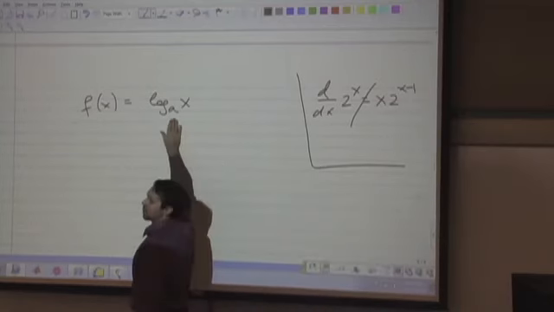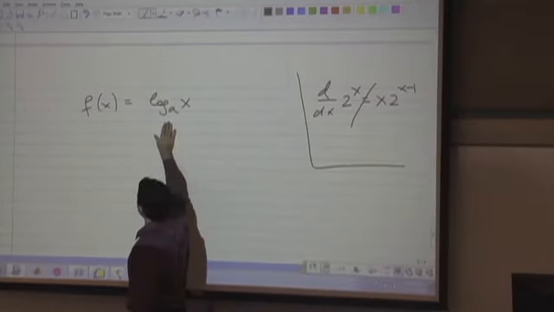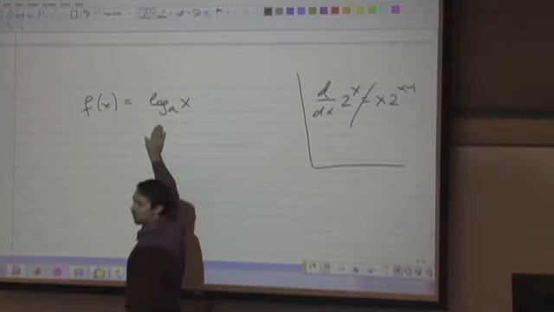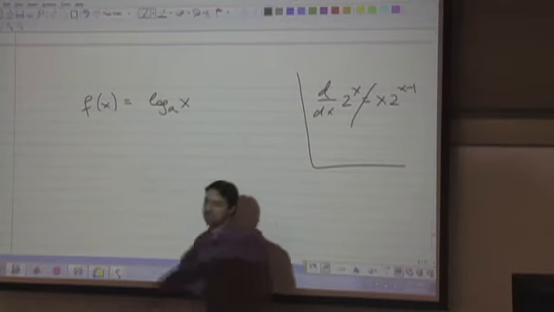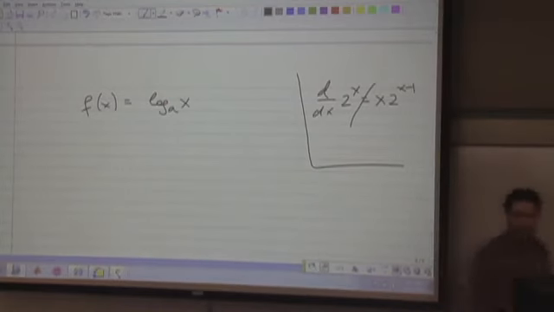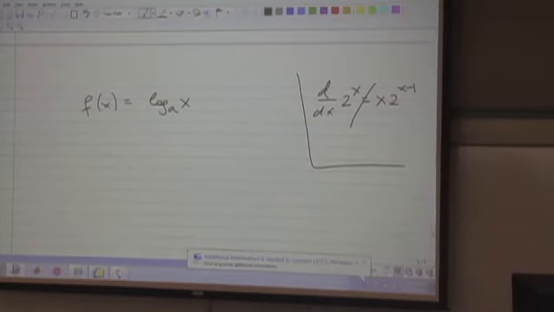We're trying to find the derivative, right? Oh, okay. So that's basically our ultimate goal. We're trying to find derivatives of logarithmic functions and exponential functions. So we're going to start with the derivative of a logarithmic function, and then we're going to look at an exponential. So when in doubt,